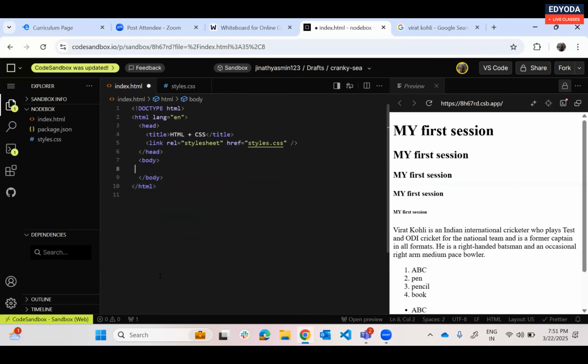Okay. Now let's see how we can create a form. Okay. So for a form, we have a tag called form. Okay. Now,